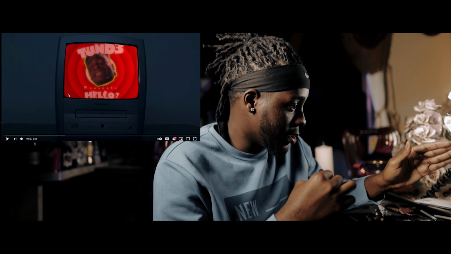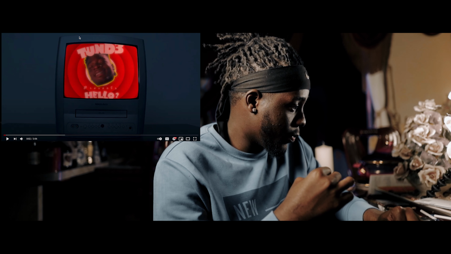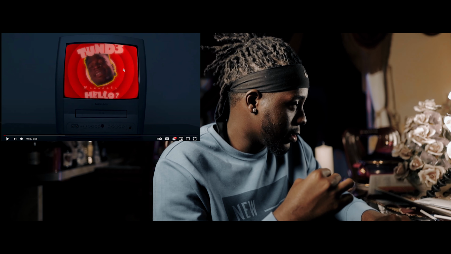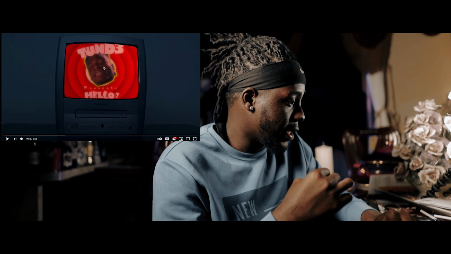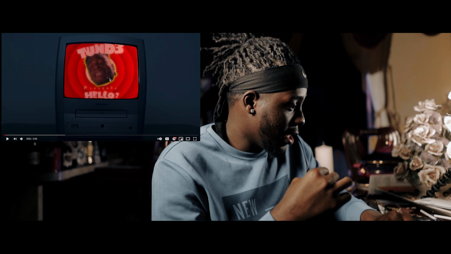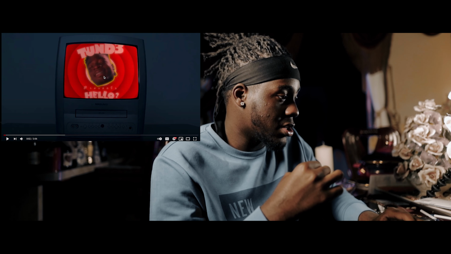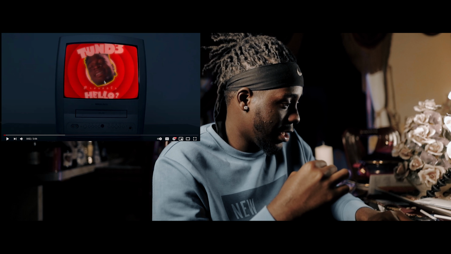So what I did was I masked in Premiere Pro. I threw this Looney Tune Photoshop template in there, and I just put his head. I put his head specifically in it a few times, so I had him take a few pictures so I could just crop his head out in Photoshop, and I put this inside.